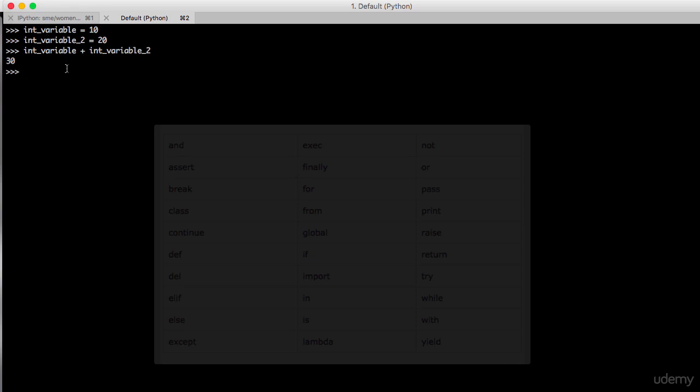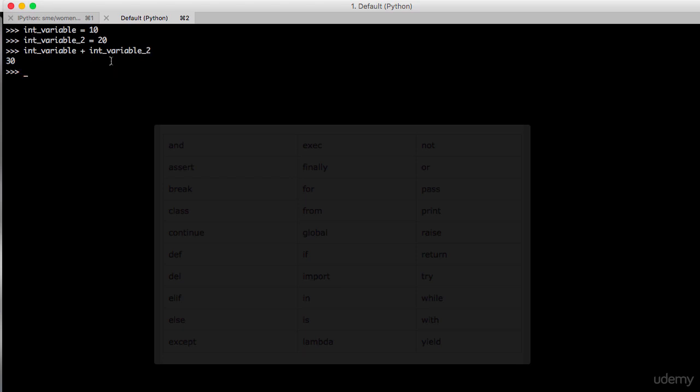And the important point to note here was you can perform arithmetic operations on variables of the same data type. For example, here int variable and int variable 2 are variables of data type integer, since we have assigned 10 and 20, which are integers. You cannot perform arithmetic operations on two different data types. For example, you can't add an integer variable and a string variable.